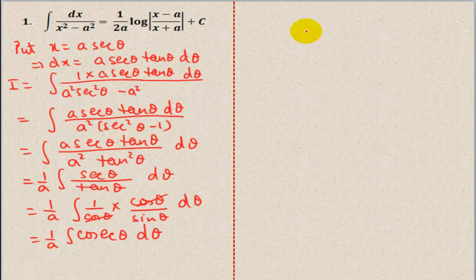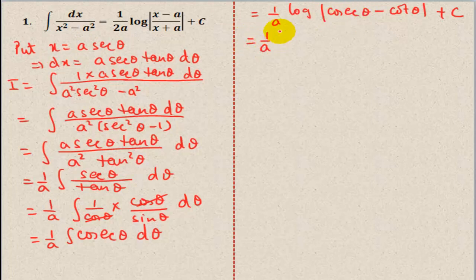Let us write the integral of cosec theta. Integral of cosec theta is log of cosec theta minus cot theta plus constant of integration. So you can see integration is over here, but we need to convert it to the original variable, that was x. So we'll try to convert theta in terms of x. You can see here, if I get these trigonometric expressions in terms of sec theta, I will be able to replace it by x over a. So let us see if these can be converted into them or not.